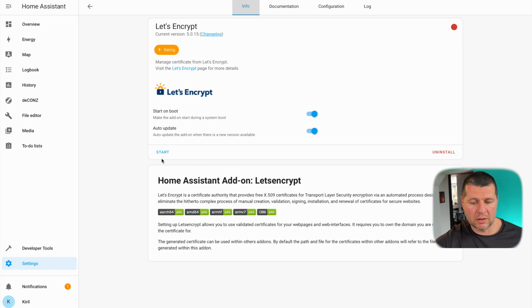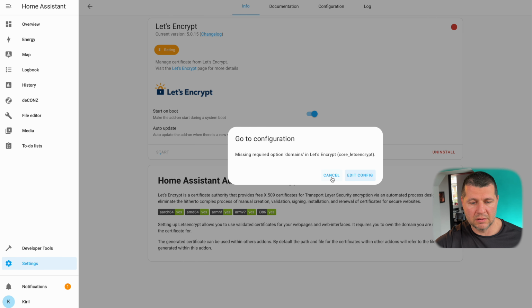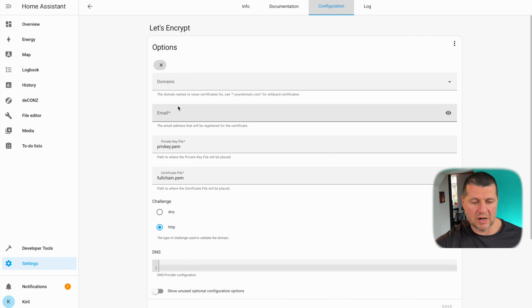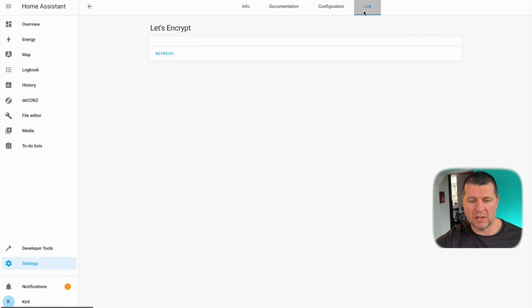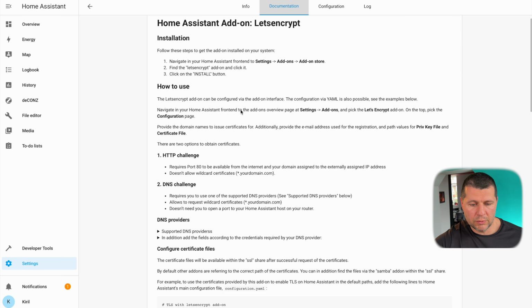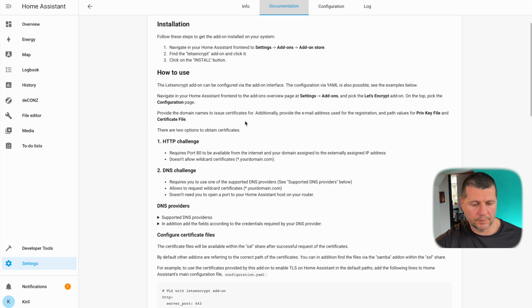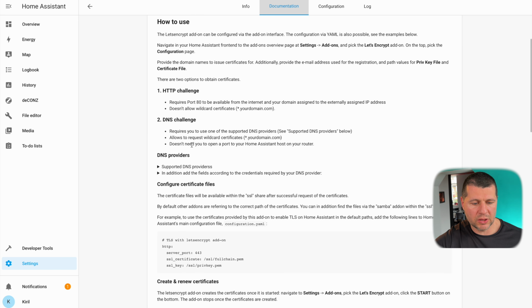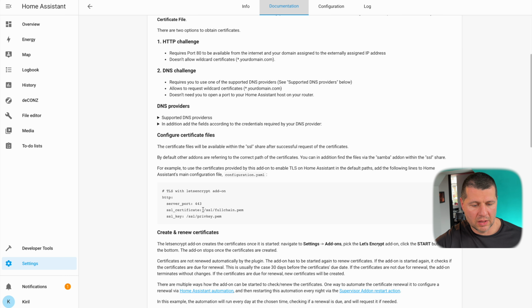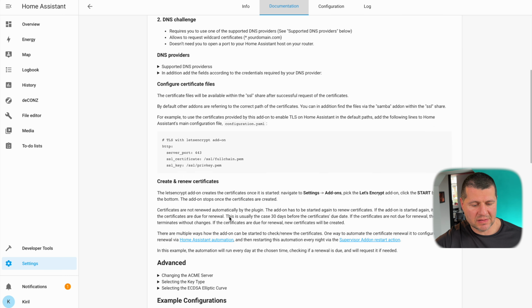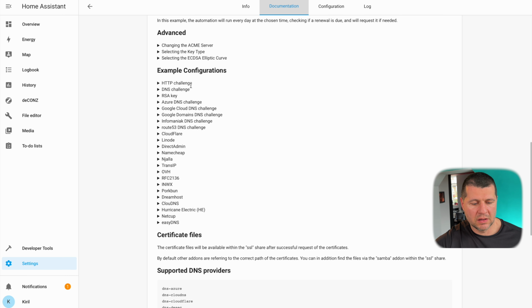I guess this will not start. Yes, these fields are needed in order for this add-on to start. How to use: HTTP challenge, DNS challenge. Example configuration from